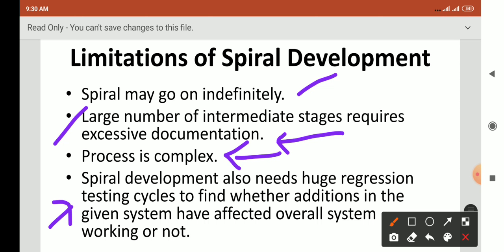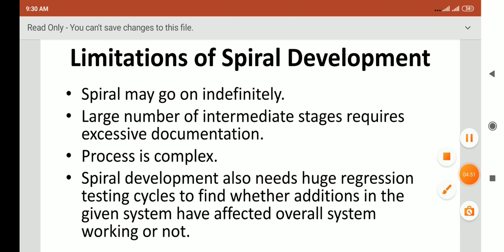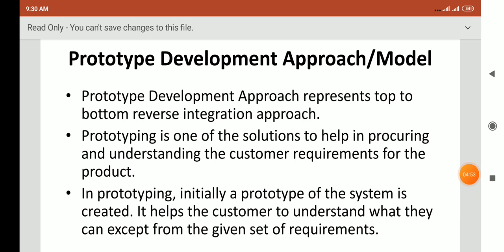The last limitation is that spiral development also needs a huge regression testing cycle to find whether an addition to the given system has affected the overall system working or not. We already saw in the previous lecture what regression testing is. In regression, you have to continually retest your product if you have made any addition to your system. Here we complete